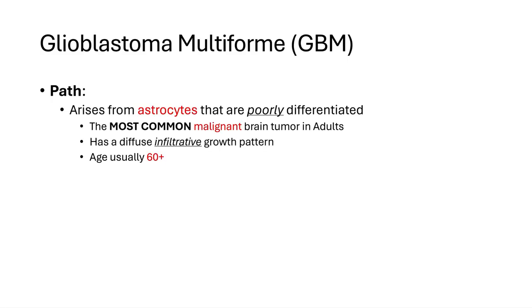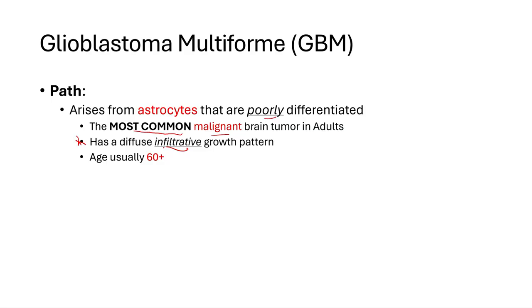The next one that we'll talk about will be glioblastoma, also known as GBM. This arises from astrocytes that are poorly differentiated. This is also known as a grade 4 astrocytoma. And this is the most common primary malignant brain cancer in adults. Now, it is important to know that this has a very diffuse, infiltrative growth pattern. And this helps to remind you of the imaging that we see, as well as the treatment and the poor